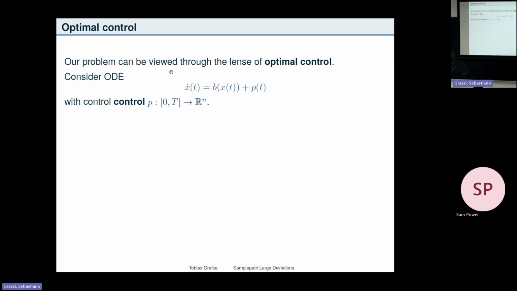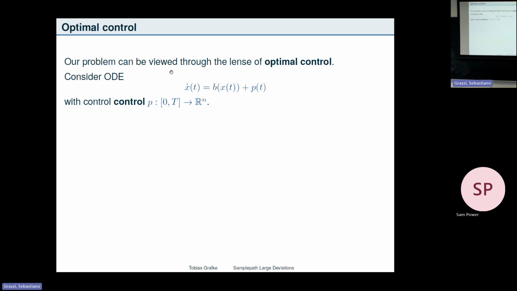Right. So now comes the last one. I called it computer scientist's point of view, but it's just optimal control, which is yet another way of viewing these things, where I just say I have an ODE, x dot equals b, and I have a control field that allows me to push stuff in a certain way. Instead of a noise, I have control, and I want to somehow achieve a certain thing with minimal control.